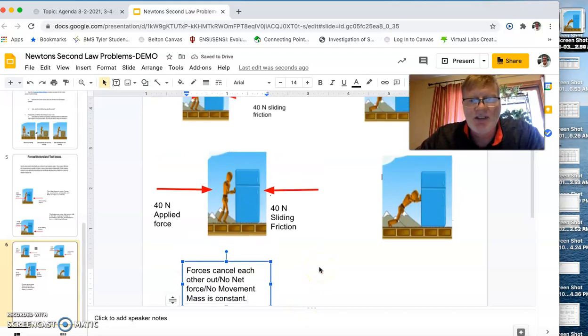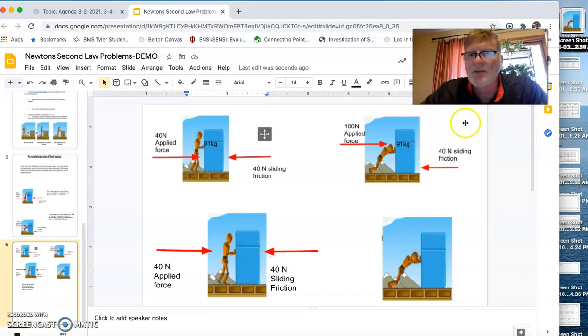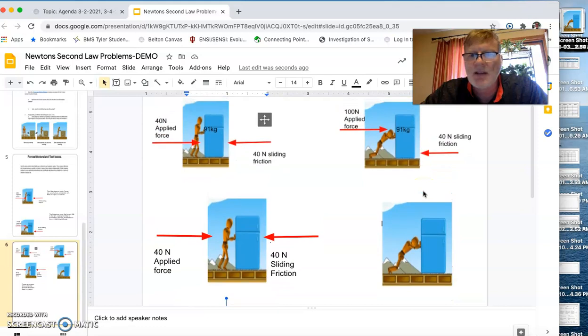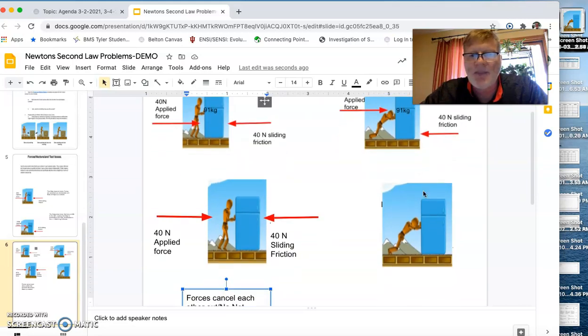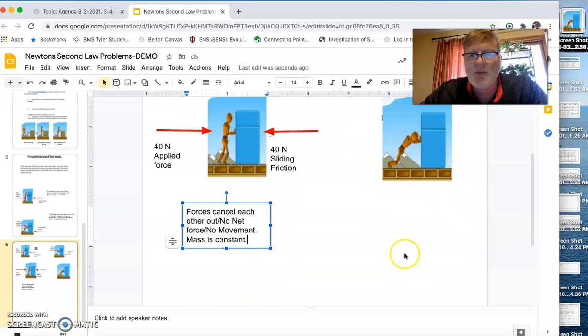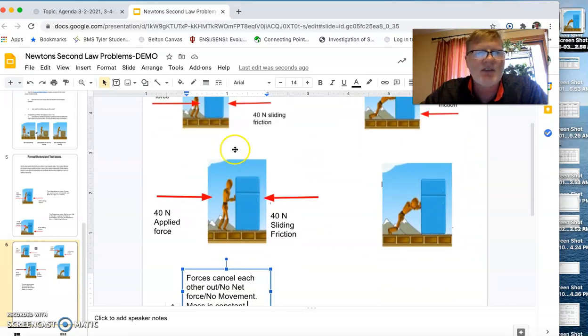And so you're going to do the same thing with this second diagram. Notice that in this situation we have a force from Sam pushing on the fridge of 100 newtons and still 40 newtons of sliding friction. So we will have a 60 Newton force going to the right. To calculate the acceleration of the fridge, we would use Newton's second law and create a description below showing that. When you're done with that, submit your slides for the day,